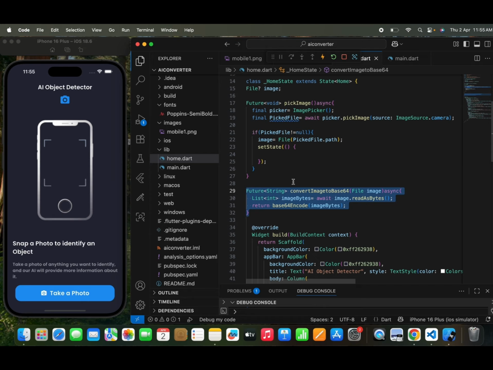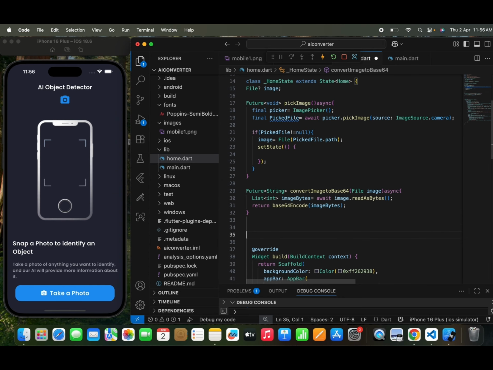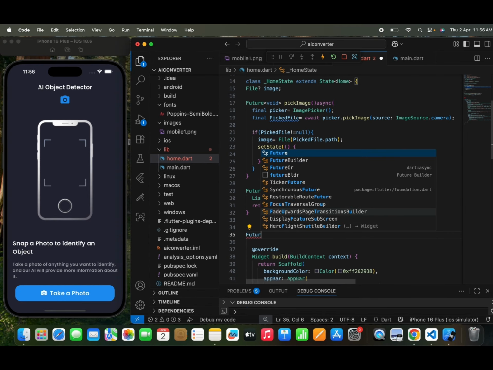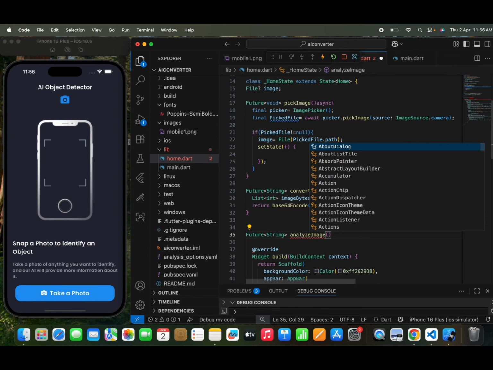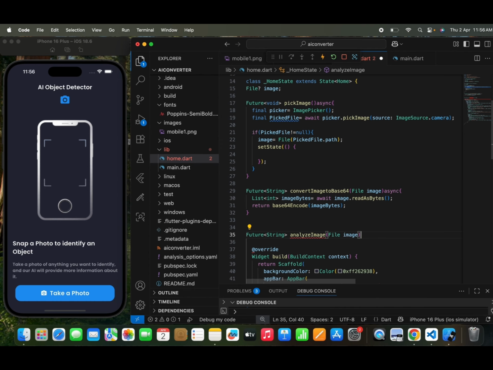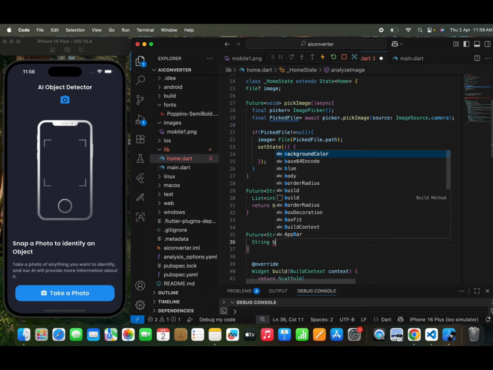Okay, now we are ready to send this image. So what I need to do over here is write a function named analyzeImage. This is the function where we are going to use the OpenAI API. First I need to write a Future, and then a String. Now let's write the function name analyzeImage. I hope the spelling is correct. Yeah, I just need to pass the file, write image, and async, and again write String base64